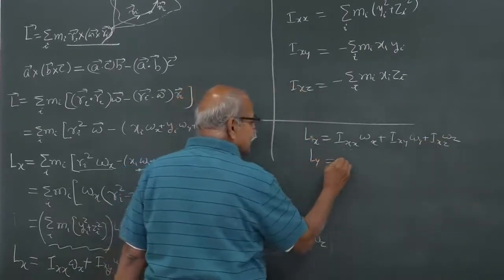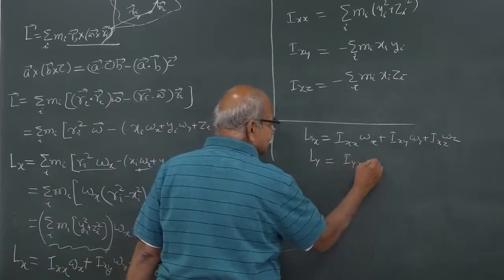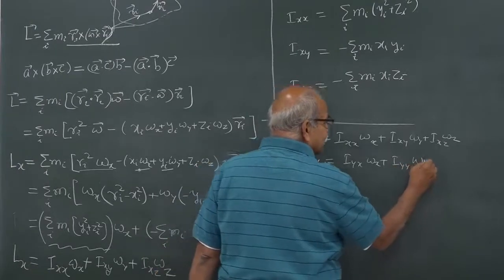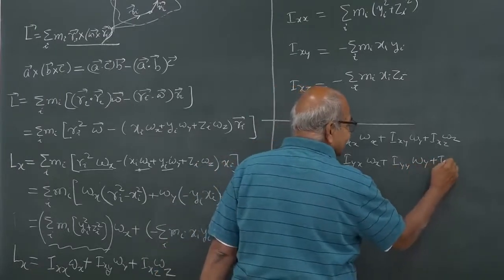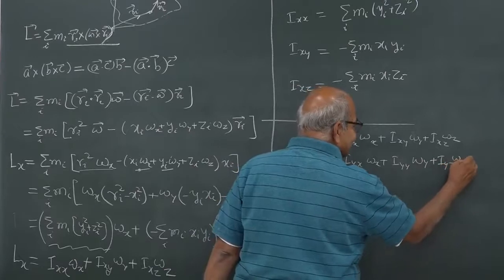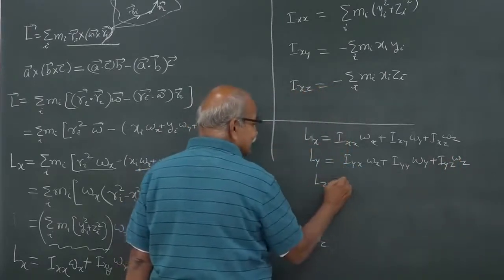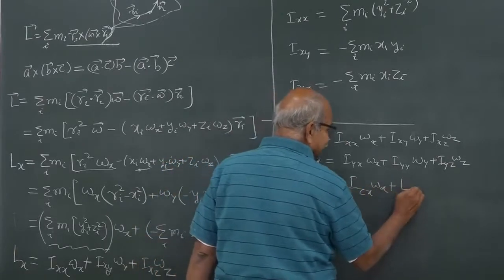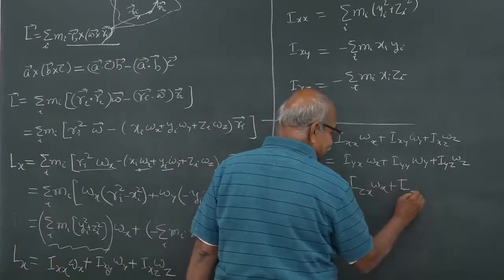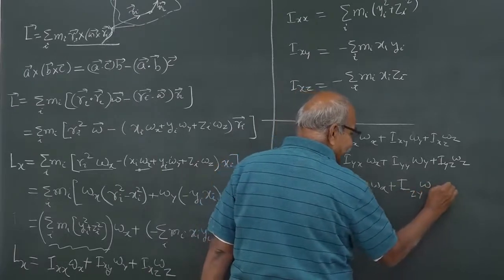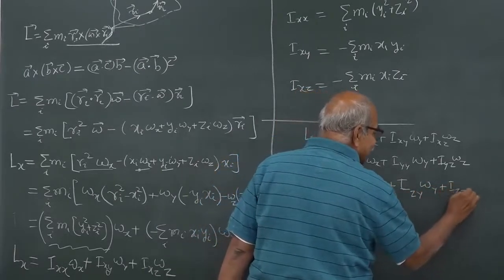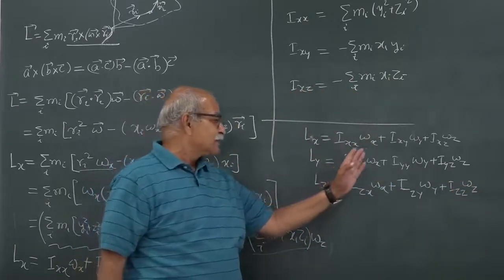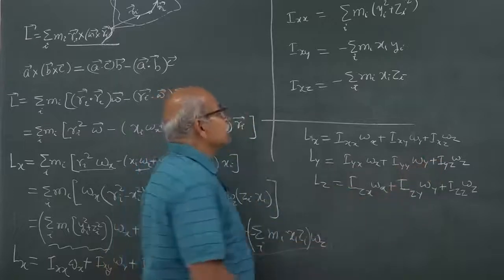Similarly, you will get Ly is equal to Iyx omega x plus Iyy omega y plus Iyz omega z, and Lz you will get Izx omega x plus Izy omega y plus Izz omega z, and the new symbols that I have written, Iyx, Iyy etc. are the following: